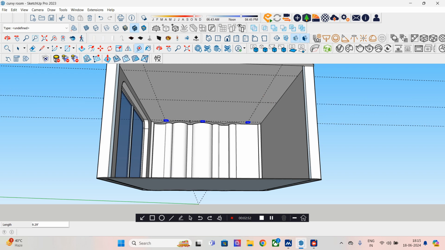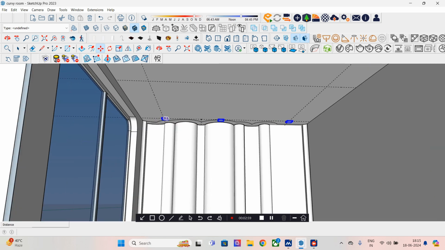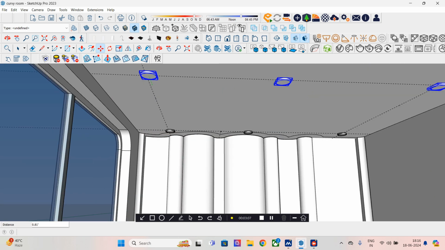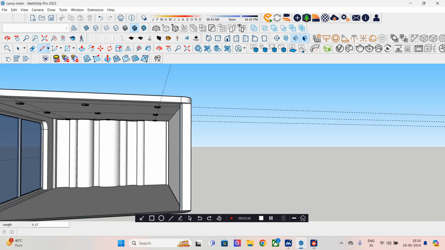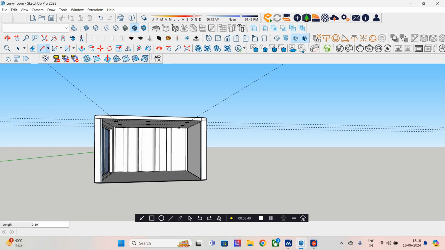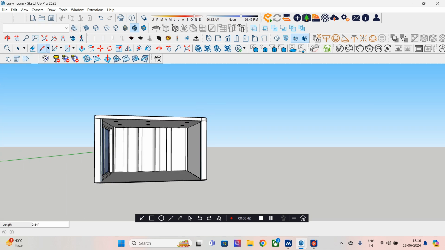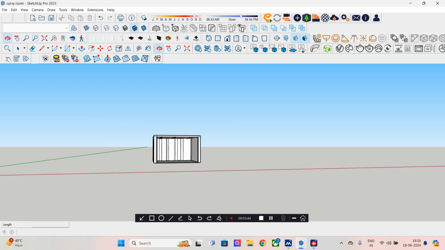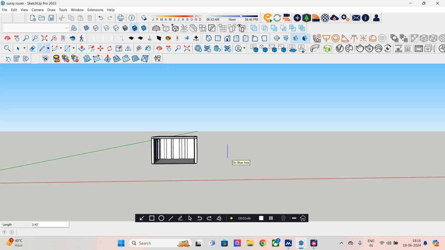So I'll place the copy of these three here in the middle also, and then one at the back. One is here and I've placed all the three, as you can see. So pause the video, do it, and after edit I've deleted all